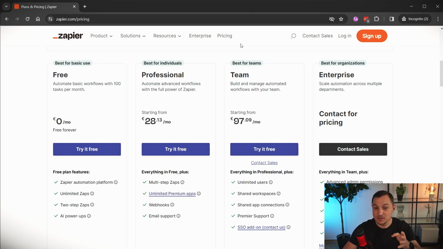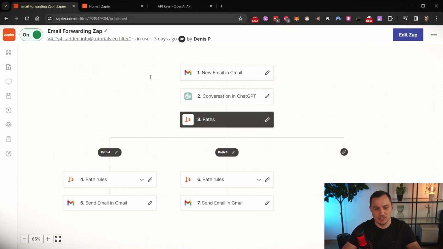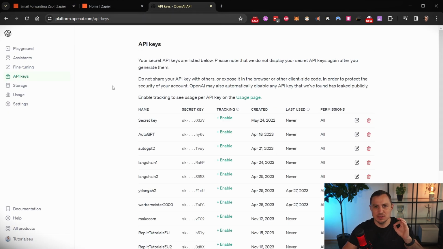The automation that I'm going to show you here is just going to be one of them. Okay, so I don't think you can do it with the free version. You can, however, try it, and please let me know in the comments. I am using the professional version for quite a while already, so I'm using that for this example as well. So you need to sign up and register, and once you are signed up, the next thing that you're going to need is an API key, which you can get from